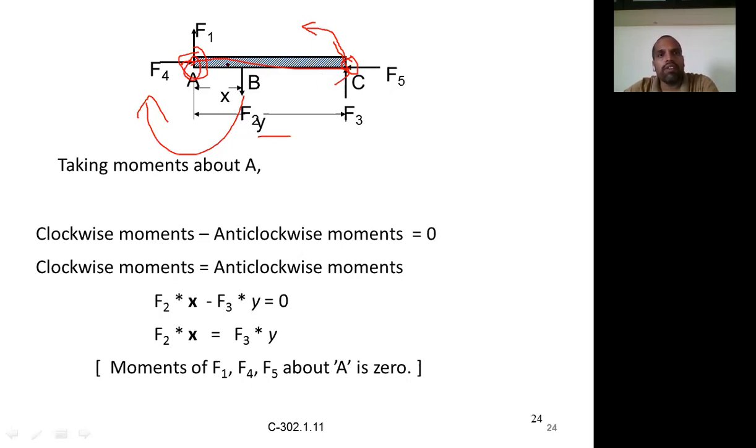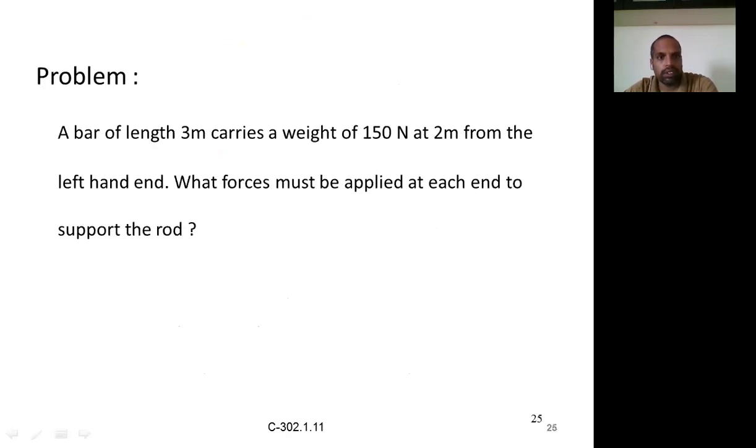So this has a very small thickness. If the thickness is very large, then you have to consider at which point the force is acting. But it is a very small thickness. Let us say there is a single small body with a very lesser thickness. Right? That's what it is. The sum of the moments of F1, F2 is equal to 0. Right?